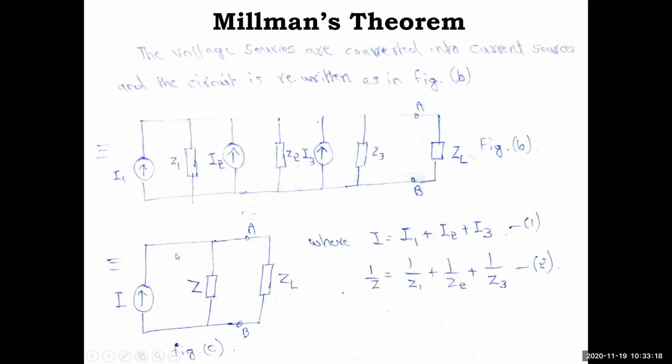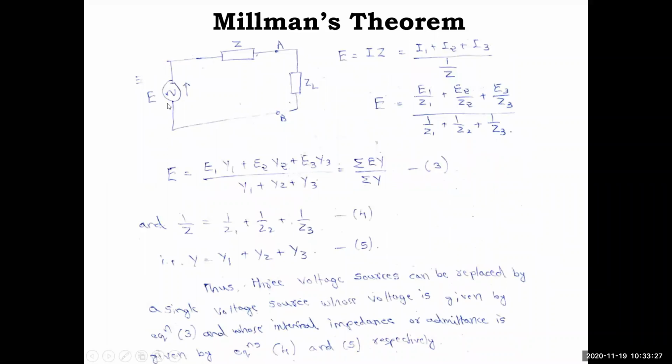This circuit now we'll convert back to a voltage source in series with Z. For that, how will we do it? We use E equal to I into Z, right? So again it is converted into a voltage source in series with impedance. So what is that E? I into Z, where I is I1 plus I2 plus I3, and instead of writing into Z, I have taken 1 by Z, which is equivalent to into Z only.